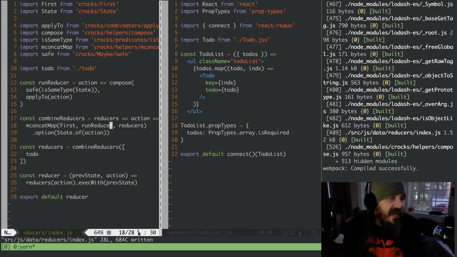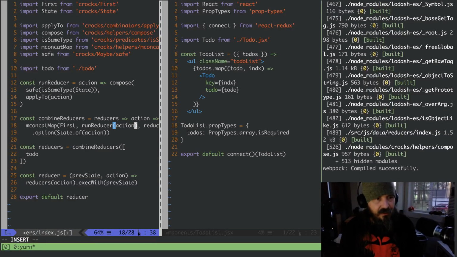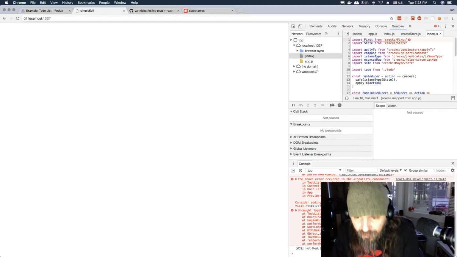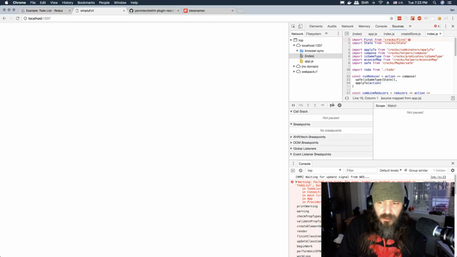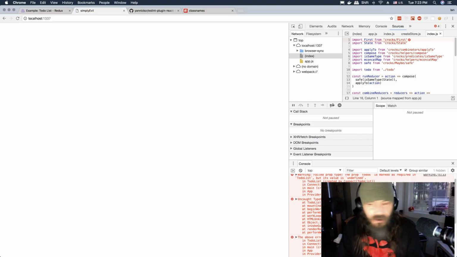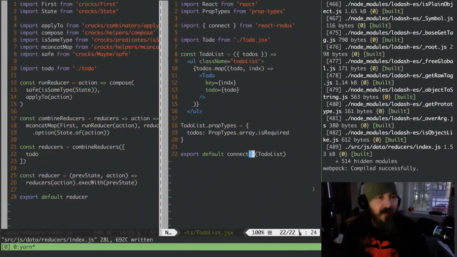We're going to take our reducers. So before we run each of this, the first is going to be brought on, like thrown in there, right? And then from there, we need to be able to option it. So we option that out. Oh, I know the problem. Goodness gracious. We need to do this and actually pass the action in to be applied. Okay, so this is all right. The prop to-dos is marked as required, but its value is undefined. Cannot read property map of undefined. And that's because we need to